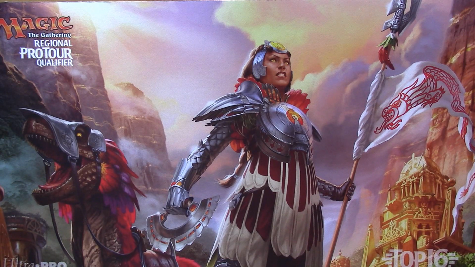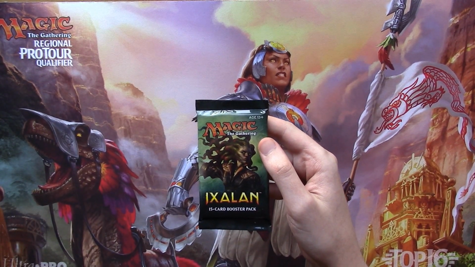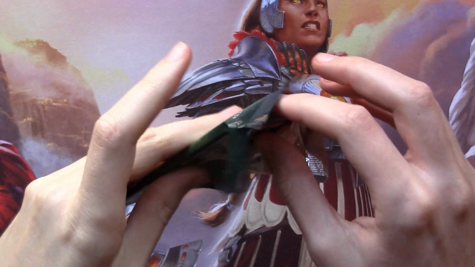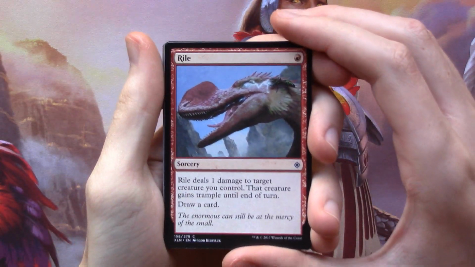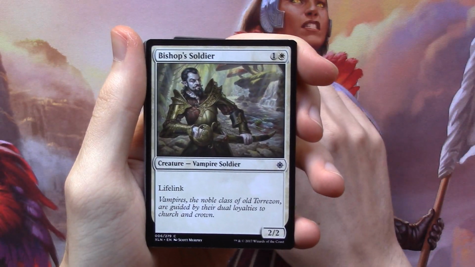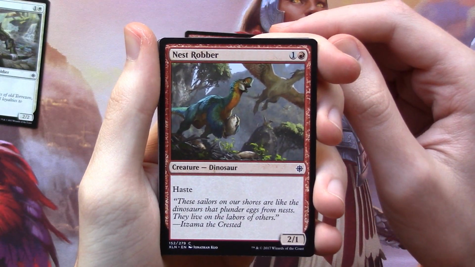So let's get started by opening the boring Ixalan boosters first before we get to Arrivals of Ixalan. So let's zoom in a little bit here. Alright, so first, we will be sorting our cards by color to make things easier. So our first card will be a Ryle. Then we have a Bishop's Soldier, a Nest Robber,